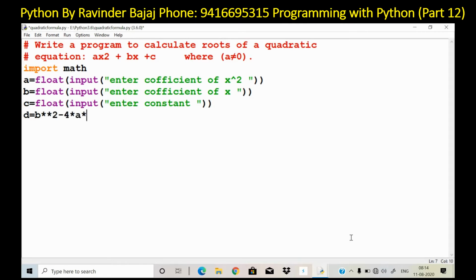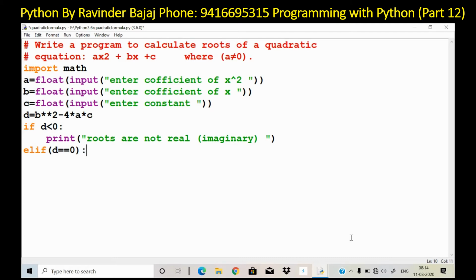d is equal to b square minus 4ac. So this is the discriminant. If the discriminant is less than 0, then the roots are imaginary. So see, I am not calculating imaginary roots. I am just printing that roots are not real. Roots are imaginary. And else, if d is equal to 0, means there is only one root, or two equal